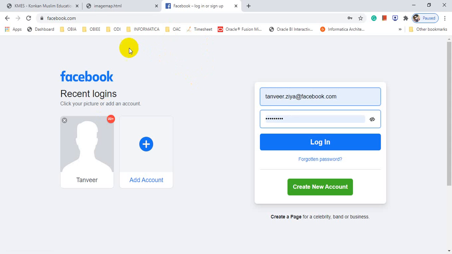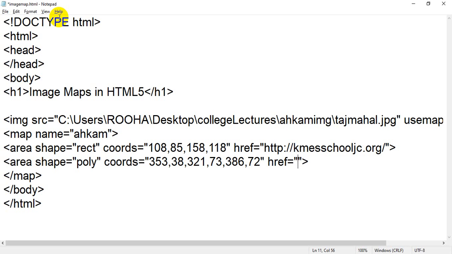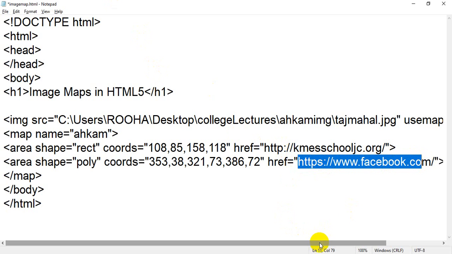So this is the Facebook home page. Let me copy the URL or address. Now I have copied the URL of Facebook and I have pasted it over here. So the address of Facebook is https://www.facebook.com. Okay, let me save it.